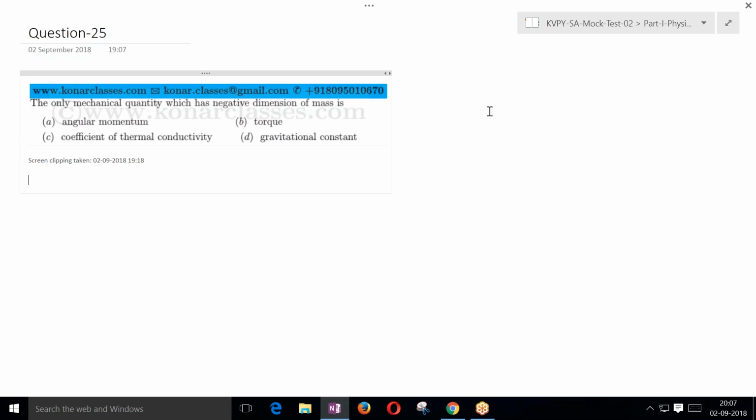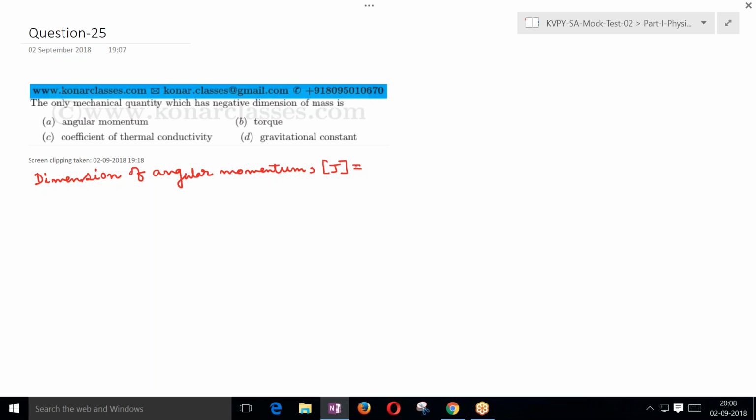The first one is the dimension of angular momentum. So if you look into the dimension of angular momentum, we can describe it as J. Now what is angular momentum? The angular momentum of a body about an axis is a product of its linear momentum and the perpendicular distance of the body from the axis, as simple as that. So if I write the definition so that you can refer to it in future,